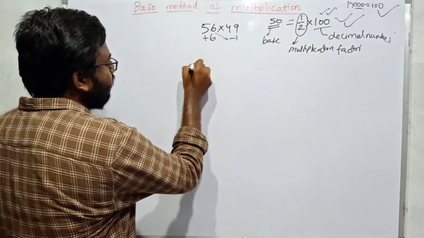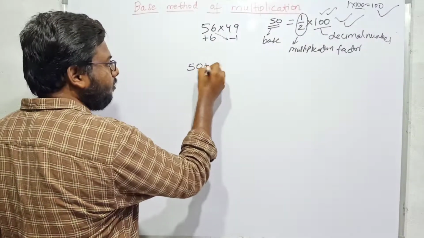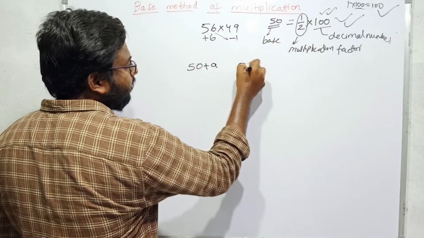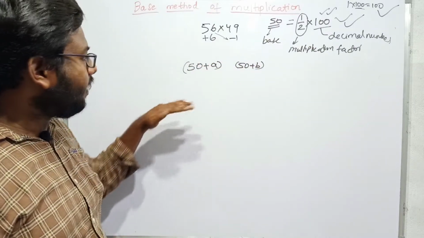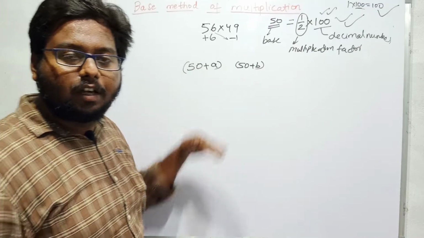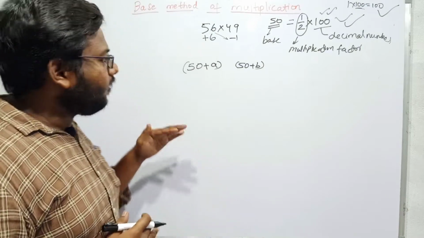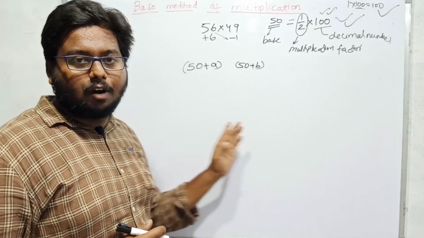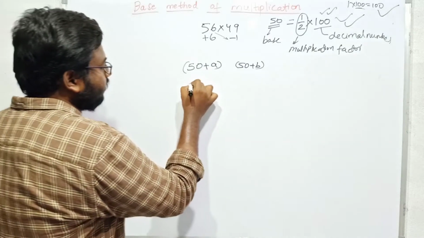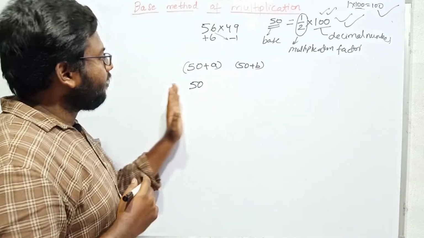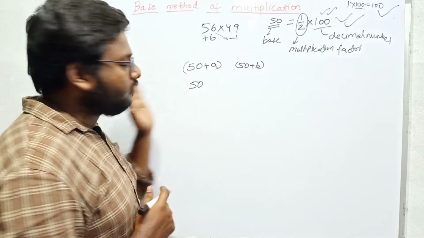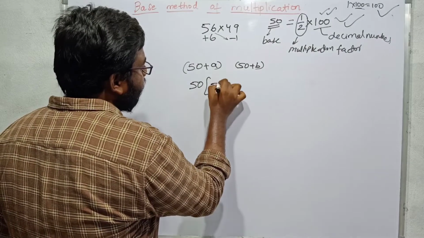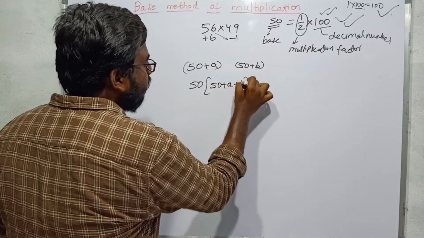So let us calculate. What is the format of the problem? 50 plus a, this is 50 plus b. I want to multiply these two numbers. So here also same, whenever you see x plus a into x plus b, we have to be more comfortable in calculating that, because we practiced some problems now. So I can write this as 50 square plus 50 into a plus b plus ab. So I will take 50 common. So what will I get? 50 plus a plus b. This is what the concept means.